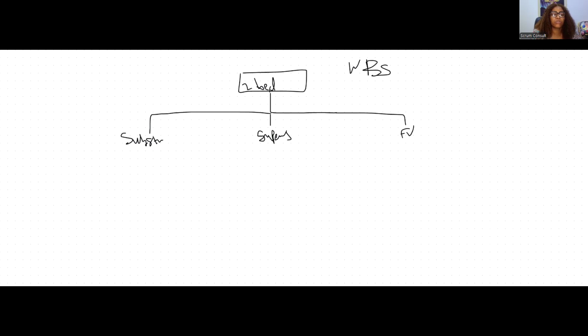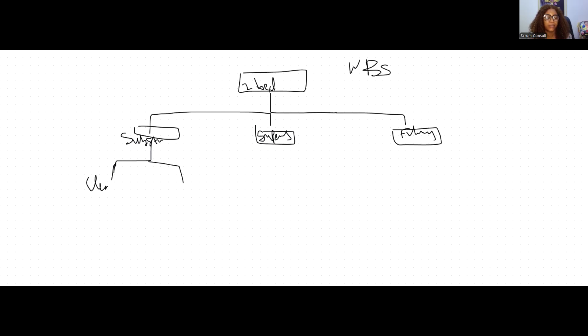So let's decompose the substructure. So we can put this like this, right? Let's decompose it further. Substructure, what do you have? What do you do for foundation? Scope of work. What do you do first? You clear the land.